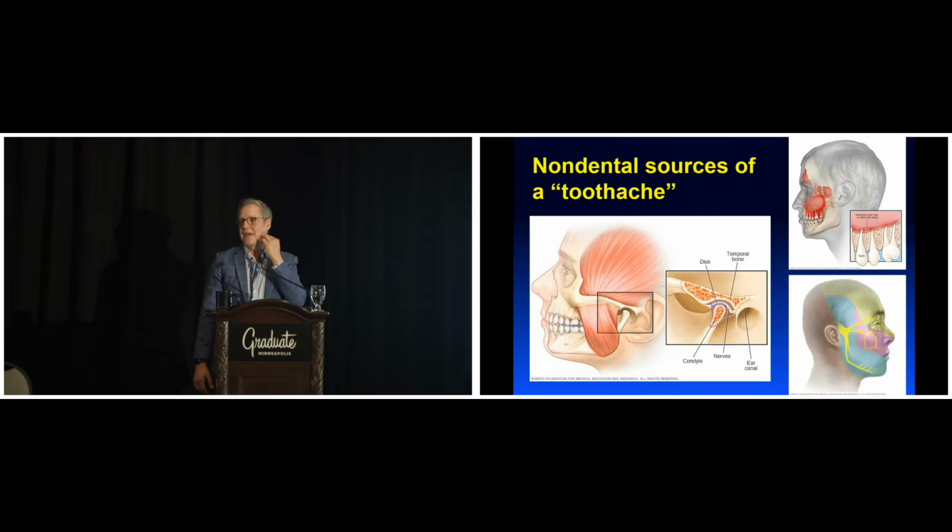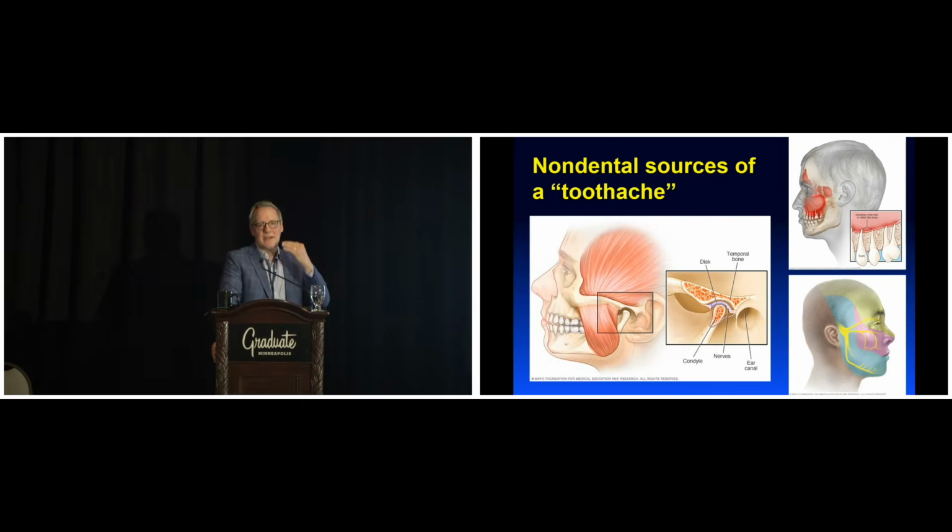If they're already having pain, it can radiate to the lower teeth. The upper part of this muscle, it can radiate to the upper teeth. If you push up into this area here, in the front part, it can radiate to the front teeth. So this is a classic referral pattern for these muscles, and we need to be able to rule that out. Patients can also come in with a toothache, but they can also have muscle pain because they've been guarding. So we may be dealing with two types of pain.